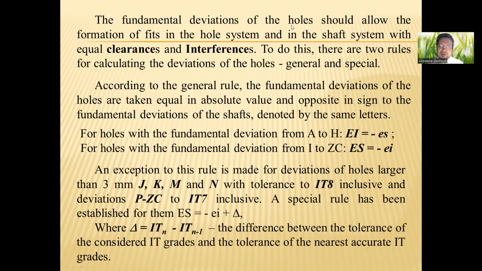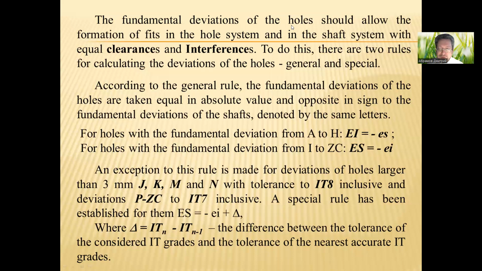According to the general rule, the fundamental deviations of the holes are taken equal in absolute value and opposite in sign to the fundamental deviations of the shafts, denoted by the same letters